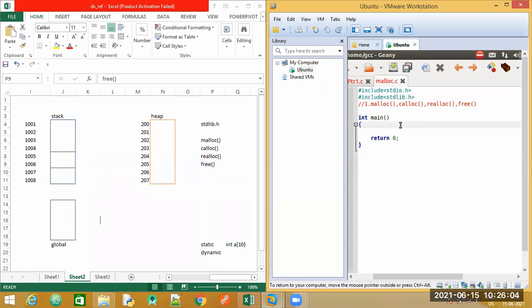Now, coming to your main function, let me declare a variable, int a. Can you tell me in which section this variable goes? Whether it goes on the stack or on the heap? Stack. Yes, this is going to go on the stack.